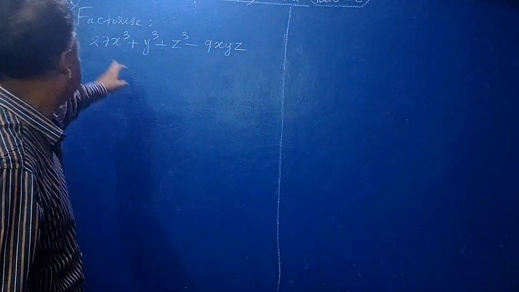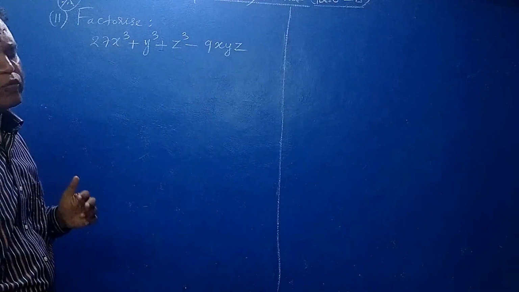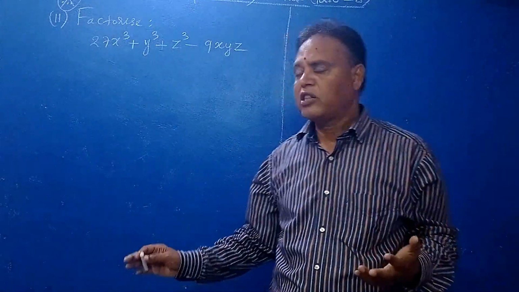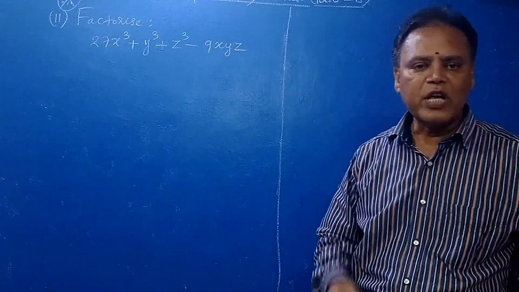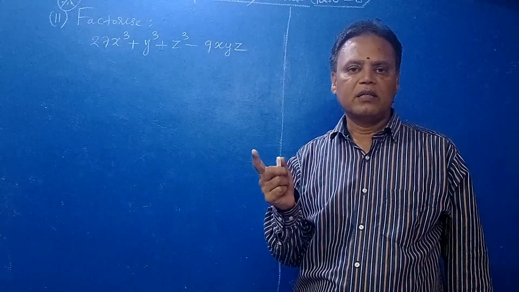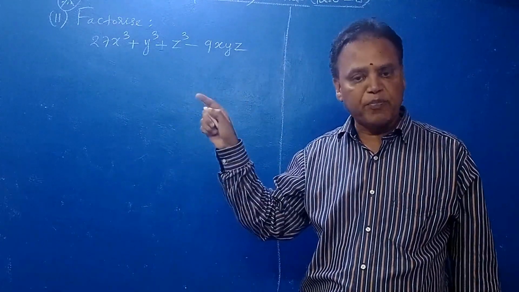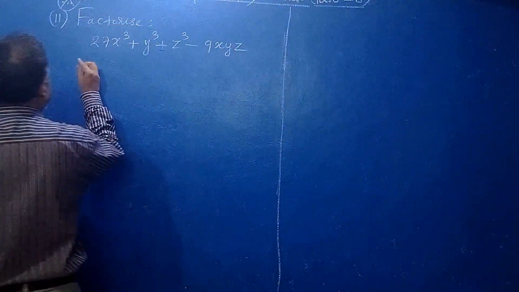You see this one also, you have to find out which form. Here it is given, factorize 27x cube plus y cube plus z cube minus 3xyz. First we have to find out which form it is. So this is nothing but a cube plus b cube plus c cube minus 3abc. So what is the factorization formula? You just recall: a plus b plus c into a square plus b square plus c square minus ab minus bc minus ca. First write the formula.